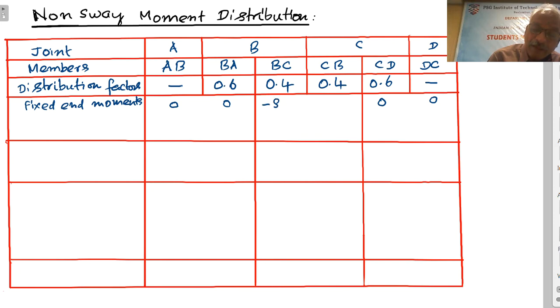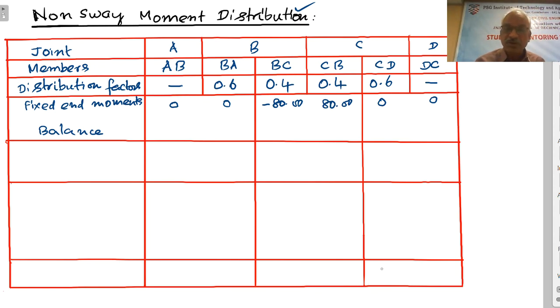Minus 80.00, 80.00. Now here in this problem, the end A is fixed, D is also fixed, no hinged support or no overhanging. Therefore, here there is no question of releasing some end. So straight away you can do the moment distribution. You can use the term balance, balancing, or distribute. It is moment distribution. Distribute also is correct, right?